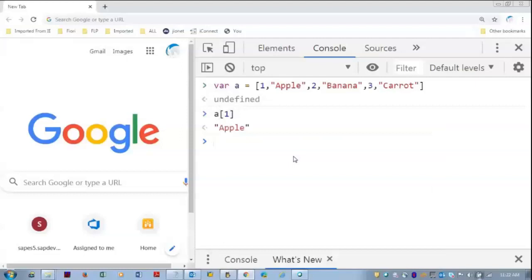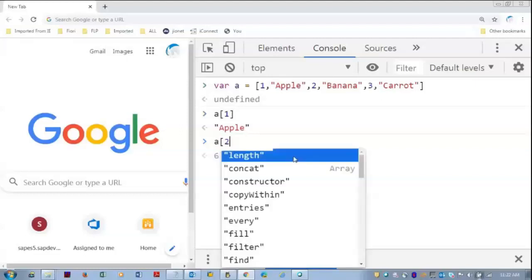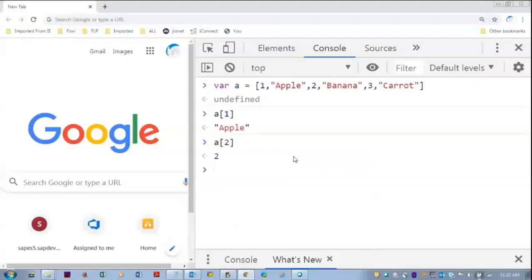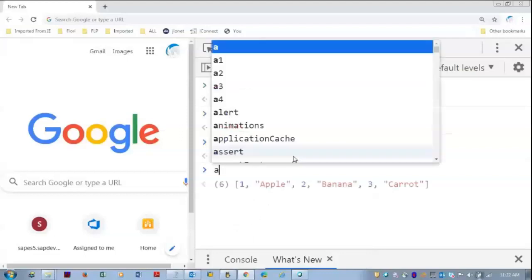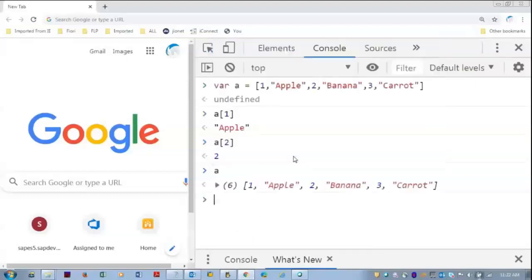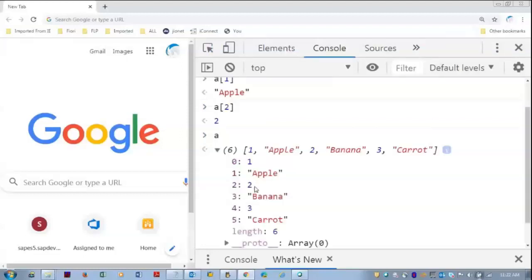I am unhappy with that, because I want apple at one. If I issue a of 2, it won't give me banana. It instead gives 2, because it is preparing a chart like how I'm showing you here. Apple is stored at element 1, but banana is stored at 3. This is rather difficult.